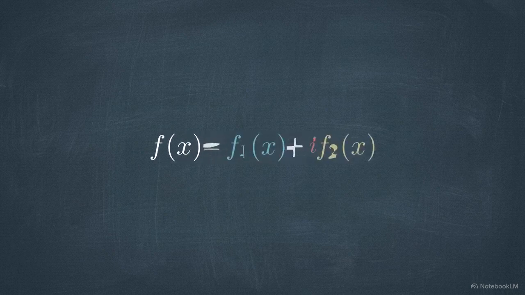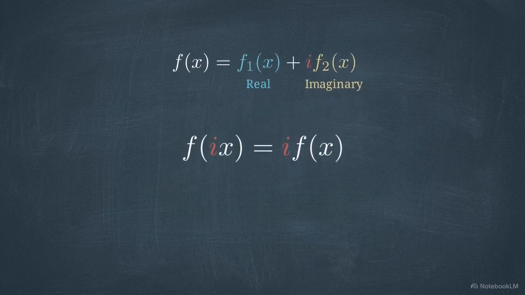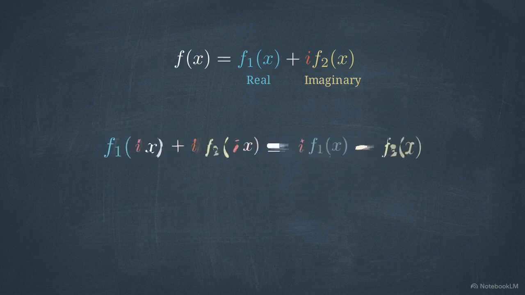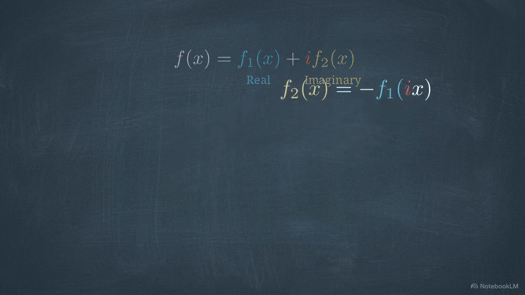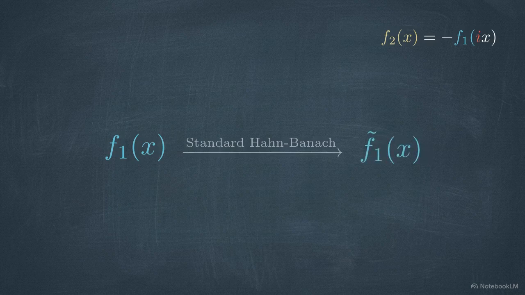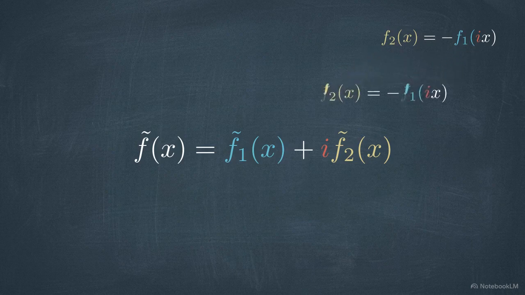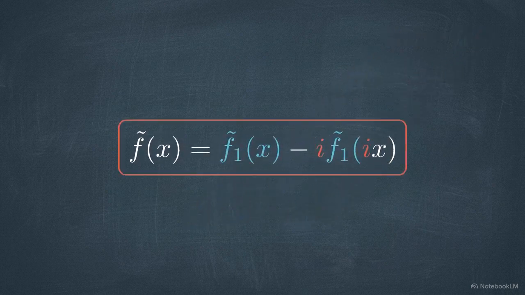Because the functional is complex linear, the imaginary part is actually tied to the real part. By evaluating the functional at ix, we can see that the imaginary component is just the real component evaluated with a phase-shifted input. This means we only need to extend the real part using the standard theorem. Once the real extension is established, the full complex extension is built by simply plugging that real part into this formula. Leveraging complex linearity, the imaginary part of the extension must follow the real part, effectively reducing the complex problem